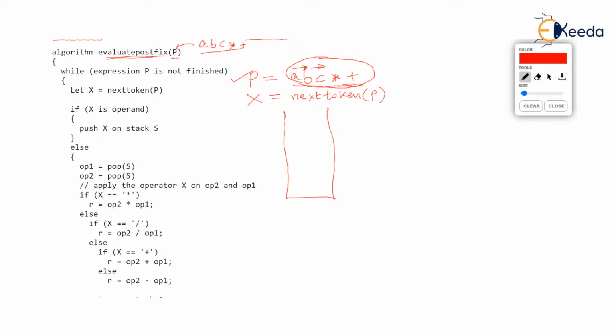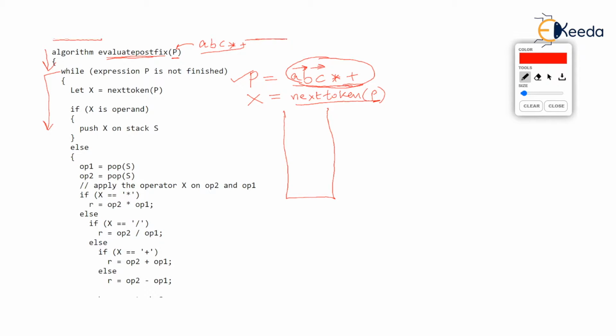While scanning, what we do is we take an individual token, one single token from the postfix. Tokens here are A, the next token is B, then next is C, then there is a token asterisk, that is multiplication, and finally there is token plus. So every time, when we try to scan the expression, we get the next token, and that is given by the function called next token of P. P is the postfix.